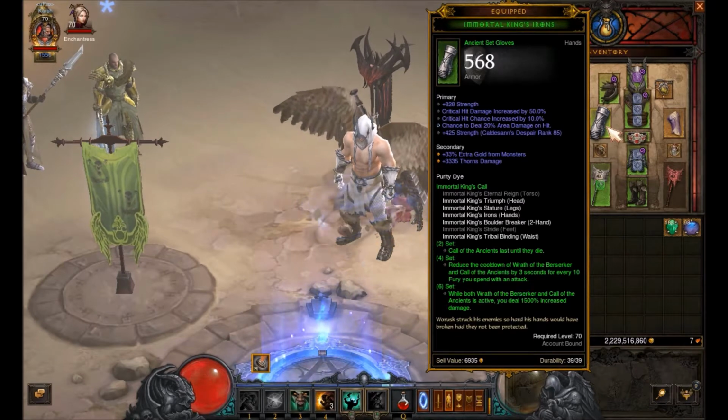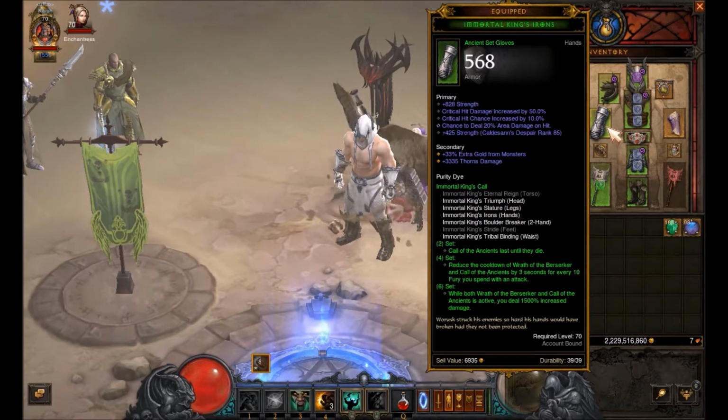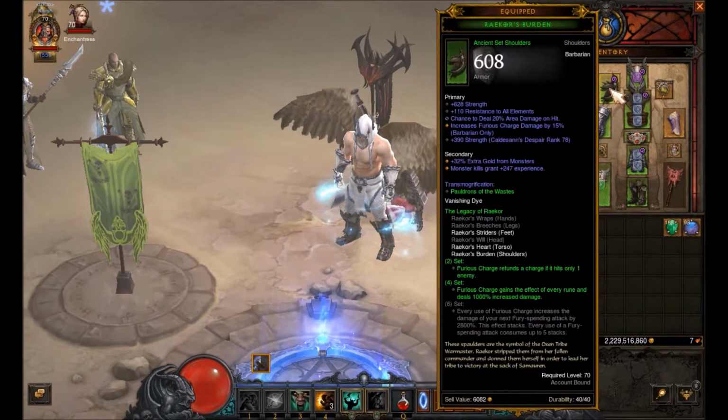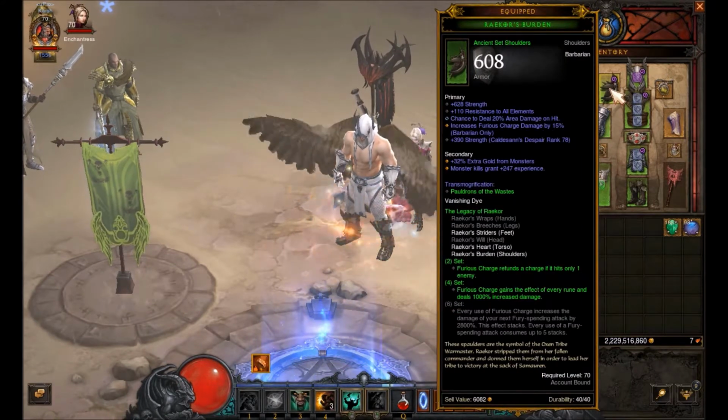And then the 6-piece set, while both Wrath of the Berserker and Call of the Ancients are active, you deal 1500% increased damage. And then for the Raycor portion, I'm going to be running with the shoulders, the boots, and